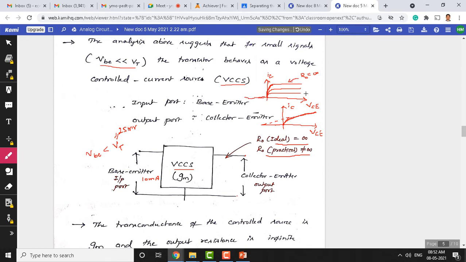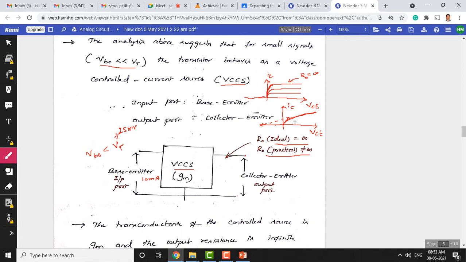So this is the ideal characteristics, in which case for a BJT you will have infinite resistance at the output terminal. But for a practical BJT, you will have a finite amount of slope like this. Now if we extend the envelope of these curves to the negative x-axis, at some point it overlaps the negative x-axis. This gives a finite amount of current change for a finite collector-emitter voltage change, which gives us a resistance that is not an infinite value. So this effect is called the early effect.